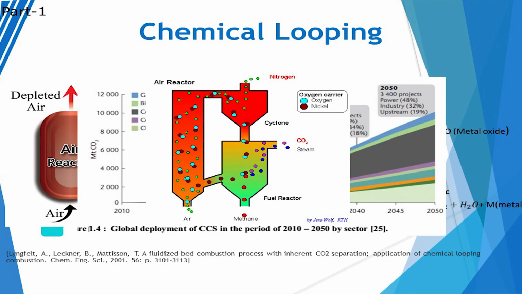How? I can just give you the idea from this figure. There is one air reactor and another is a fuel reactor. In the fuel reactor, you introduce some oxygen carrier materials, because in the fuel you have CH4, biogas, or some other gases, and then there is emission of carbon monoxide, CO. But when you are using oxygen carrier materials, they can donate oxygen, and it becomes CO2, which can be easily separated from that system.